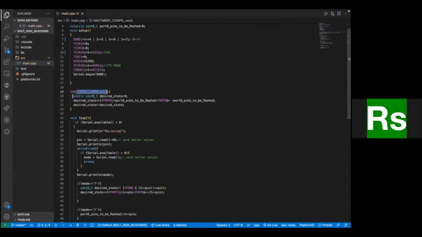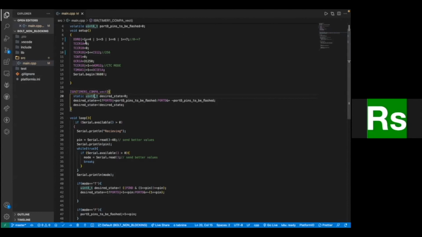Here we are declaring a static variable, and if you don't know, a static variable is a variable that is alive even after the function is executed. So it doesn't reinitialize every time the function is called. No matter how many times this interrupt service routine is called, this variable will only be initialized the first time, and then if it was incremented, it will be incremented again and again. It doesn't die even after the function is executed, but it can only be accessed inside the function. That is what a static variable is.